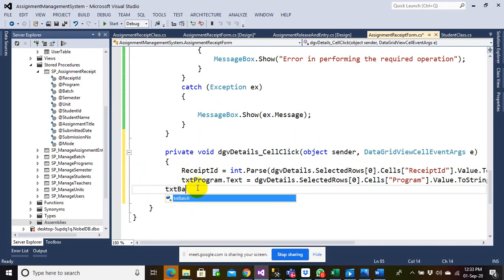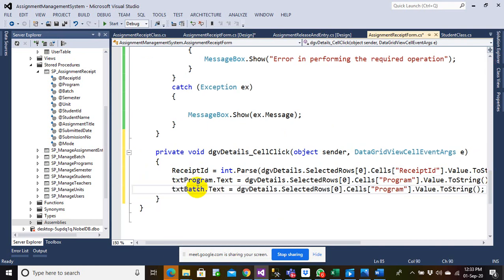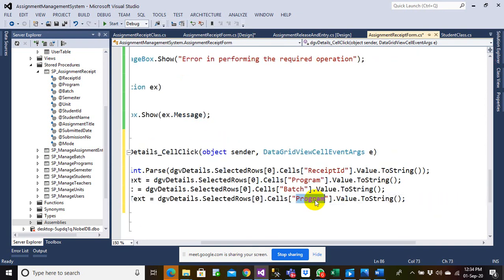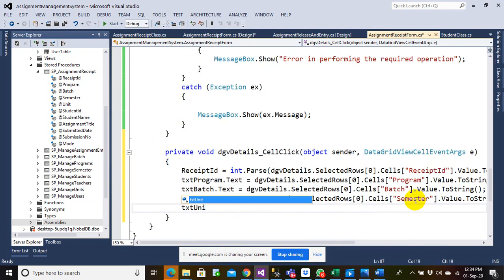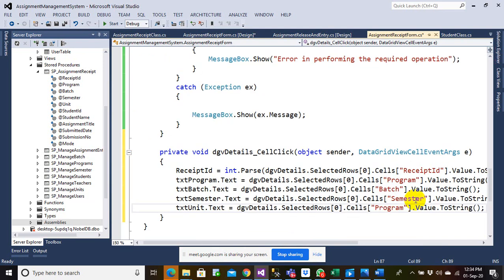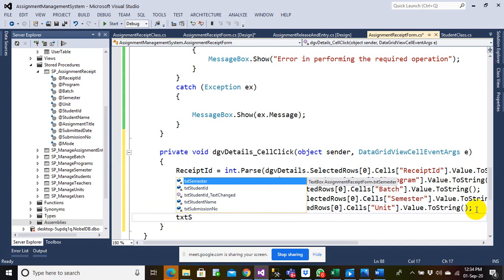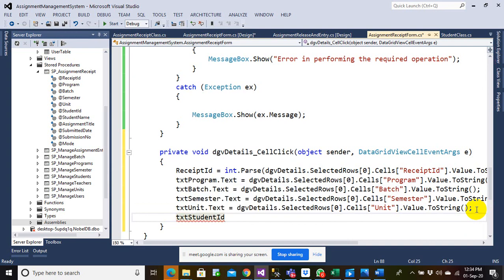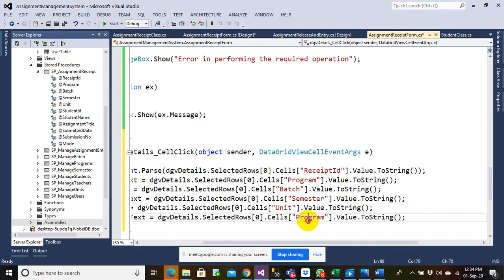Let me copy this. It's a txt batch. That's a batch. Let me again go and make it txt semester. That's a semester. Txt unit. Then txt student id. That's a student id.